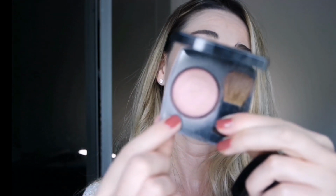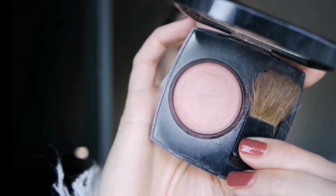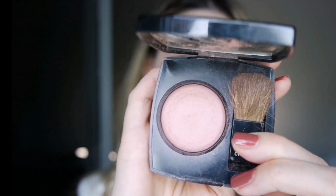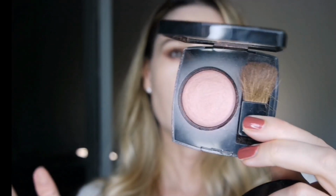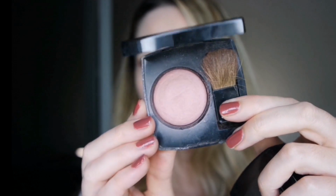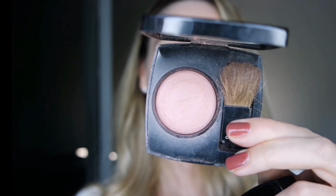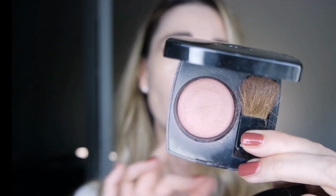Then we have Rose Crème. This shade is absolutely a shade that Chanel should re-promote. In my opinion, it was so beautiful, and it was a kind of earthy dusty pink, but light, so not too intense. It was perfect. I hope to see it again in some collection, maybe with another name, with another little shift of shade, but so beautiful. And this tone is perfect. So if you have